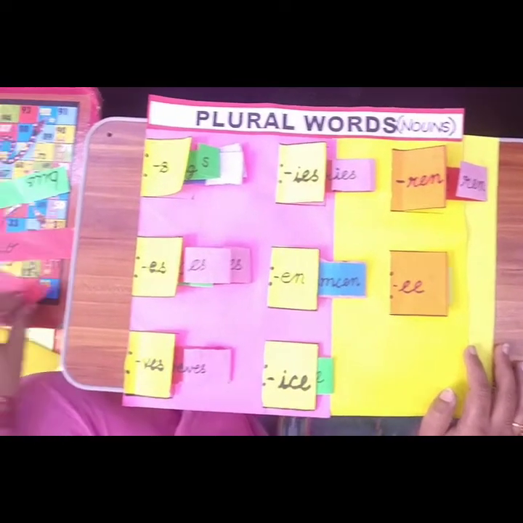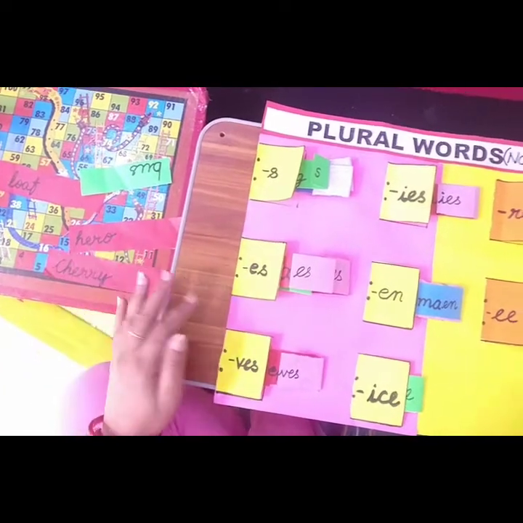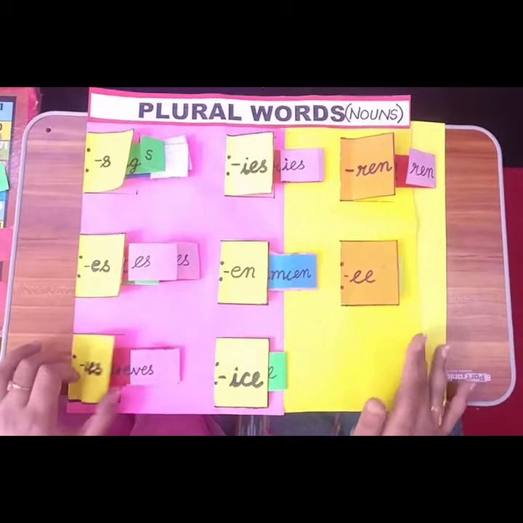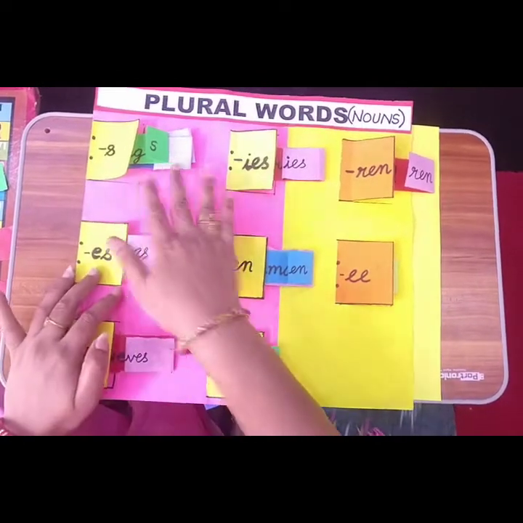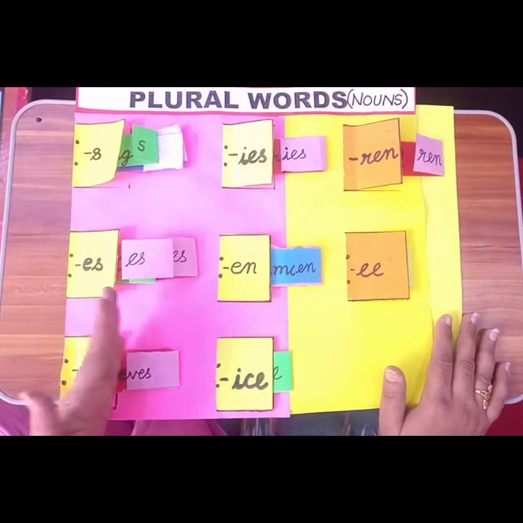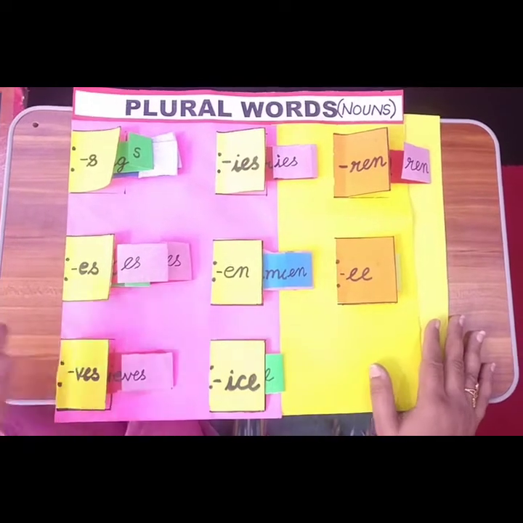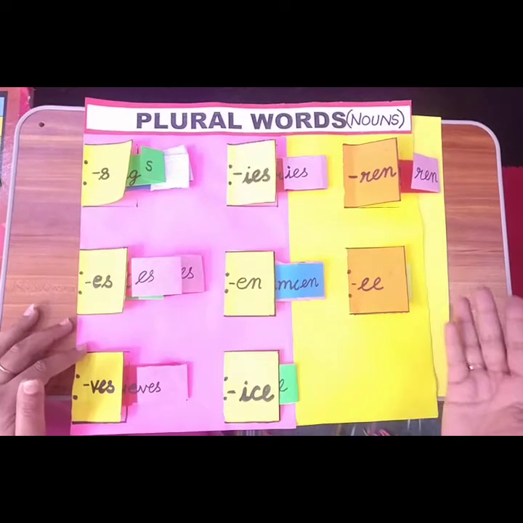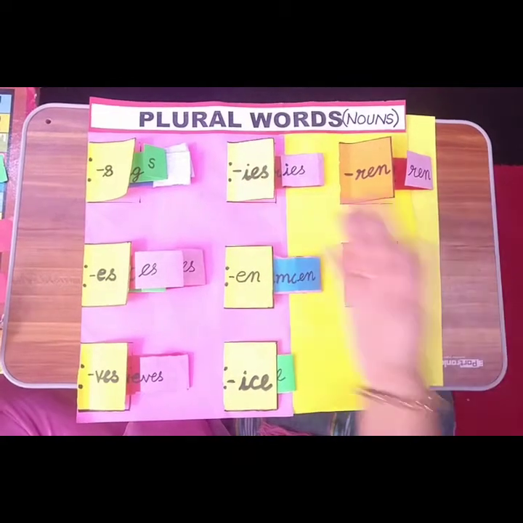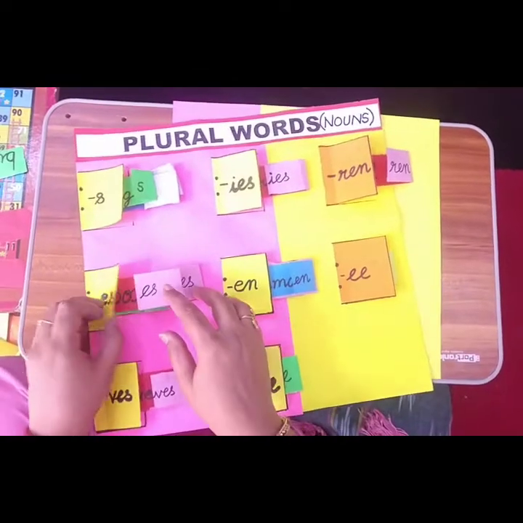Similarly, there are a number of slips I have, and you can also make slips like this and create your own book of plural words. You can place the chits like this under all these suffixes to learn the singular noun and plural noun, and how we can change the singular noun to the plural noun. You can name your book My Plural Book, or here I have written the heading plural words. You can write the heading My Plural Book. So that was the activity, and you can see the book like this.